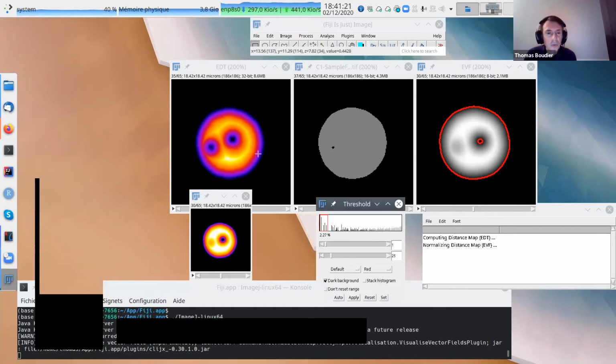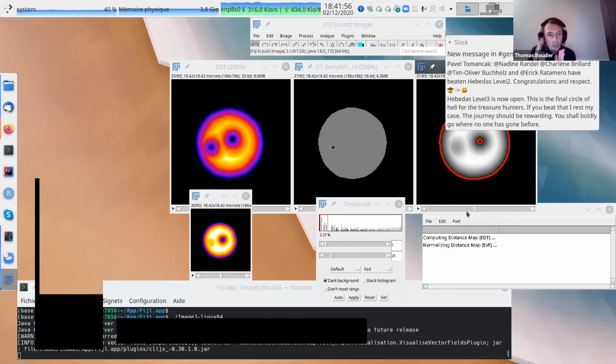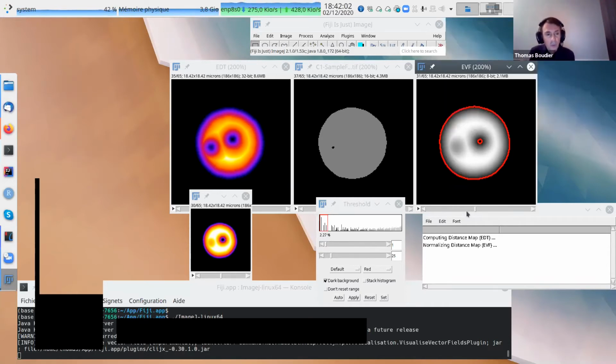So a lot of people do the layers based on the distance. It's absolutely wrong, actually. If you want to manually do some 2-3 layers, do it on the EVF, not on the distance. If you just want to create 2-3 layers, you can just threshold. So if I go from 0 to 25 and then 25 to 50, I will get the same volume, the same number of voxels, from 0 to 0.1 and then from 0.1 to 0.2.